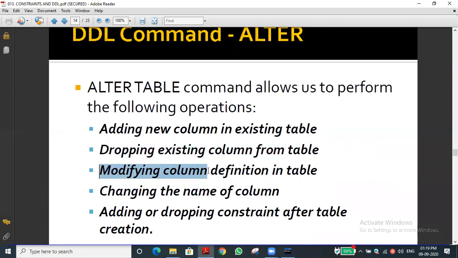And the third thing is modifying the column definition in the table. Definition here means how to change the data type. That is very important. In changing the column definition also, many constraints are there. Suppose we already created the table in which the data type is integer. Is it possible to change into varchar? If you are asking, certainly no. Suppose we created integer data type, we can convert into bigint. Suppose we created a data type with smallint or tinyint, we can convert into integer or bigint. That is possible.